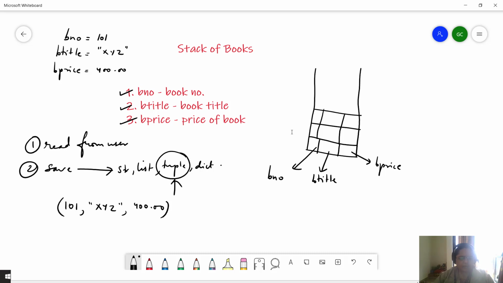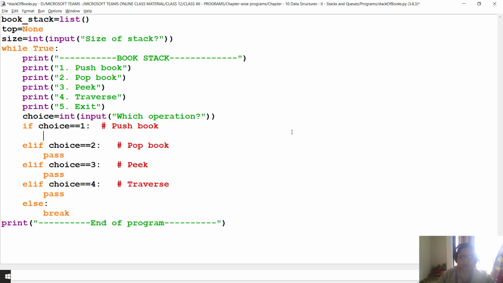I'm going to save everything as a tuple, and the stack will contain each of these tuples. So every element of the stack will be a tuple containing the information about books.